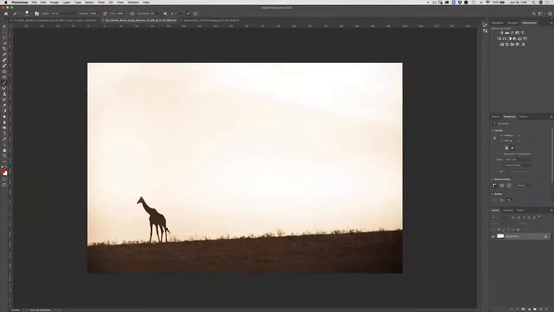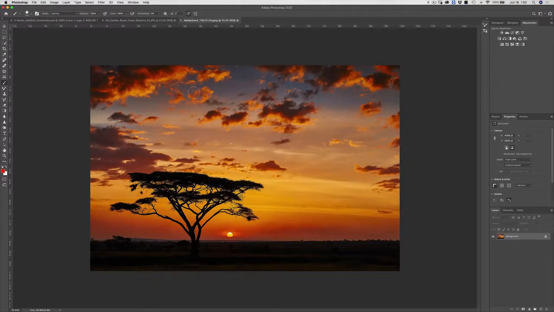As you can see here, we have a photo of our little giraffe, but the sky is definitely less than extraordinary. So what I did was I went over to Adobe Stock and I got an extraordinary sky.